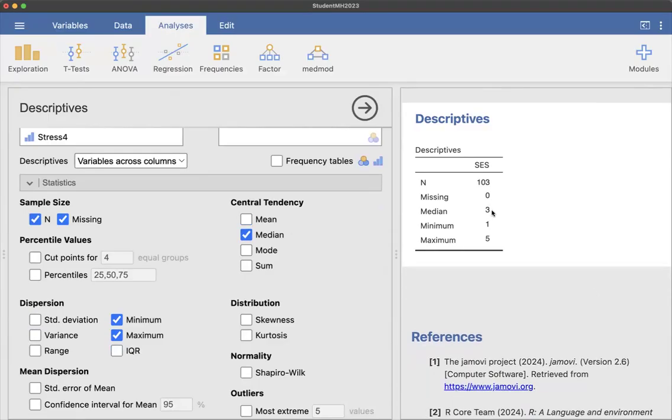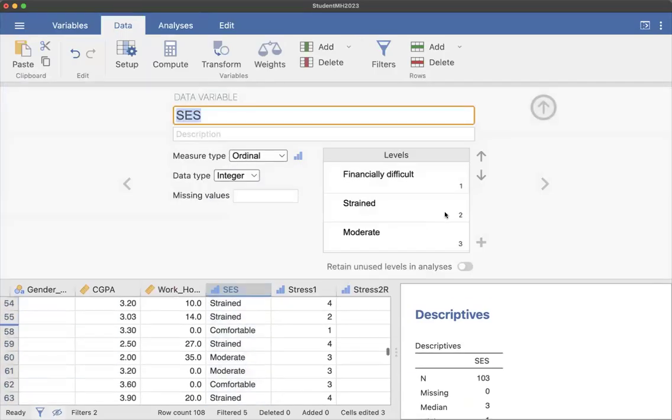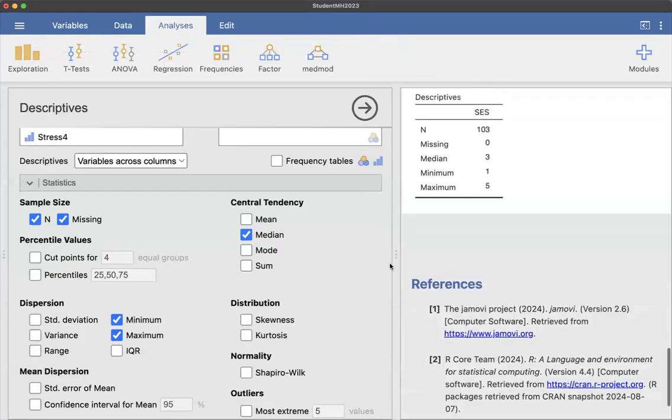The numbers that are here, like this median is 3, if you double click here, that's just referring to moderate. So when you report the median, it is not 3, the median is moderate. That's the middle level. If I were to line everybody up by their socioeconomic status, the middle person would be moderate. And then the other way you can see that, and I can just click right back into this, is